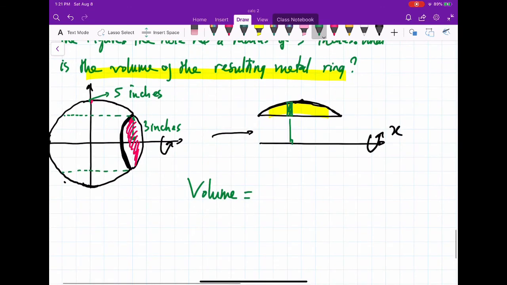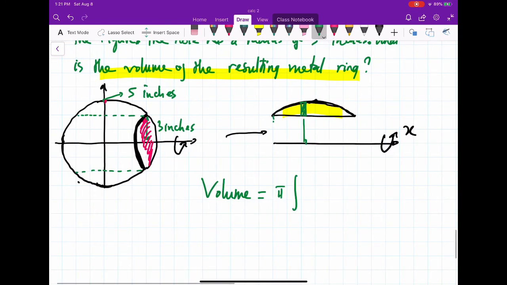So by the washer method, the volume looks like, I can write the formula of the volume equal to pi integral from where to where. So we need to find this point and this point, right? But what is that? Actually, you can find that, so when you cut this from here, this is